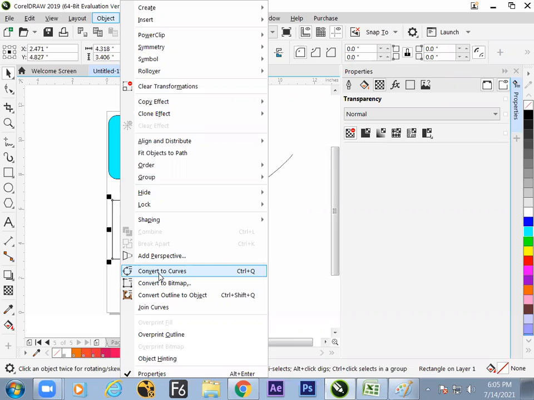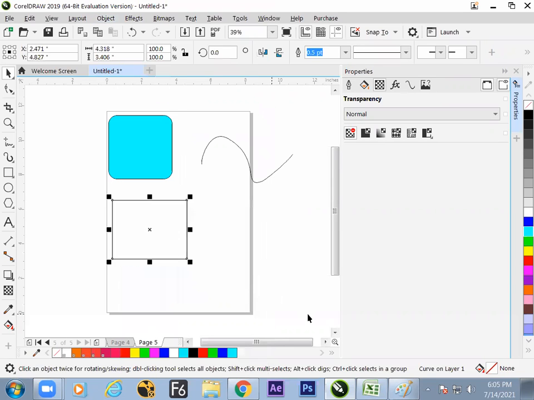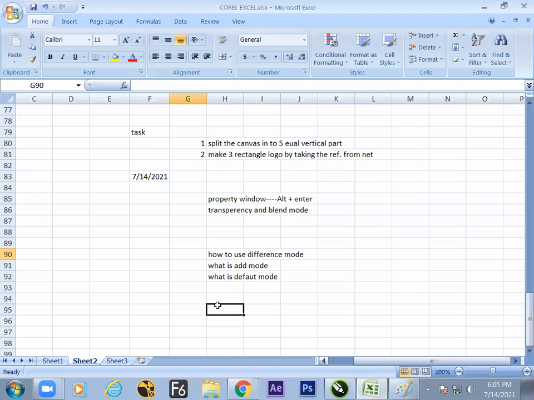You will be revolving around this option only. What is that option called? Convert to Curve. Hotkey, Control Q. Note down, we have learned a very big hotkey today, Ctrl plus Q, Convert to Curve.